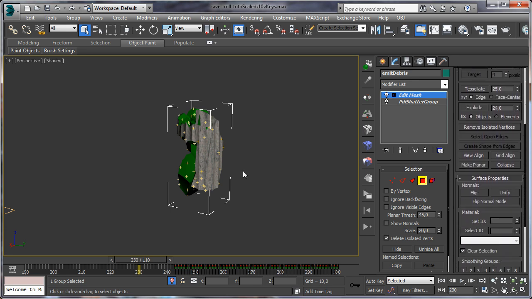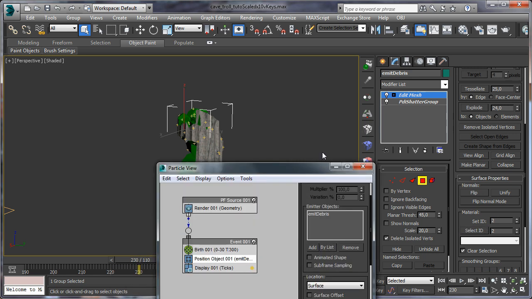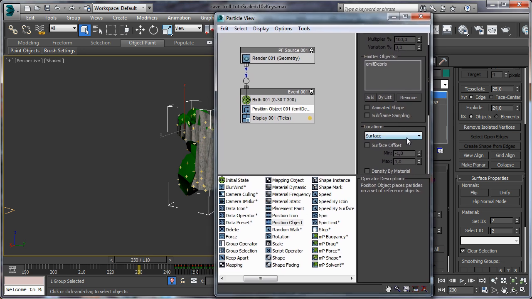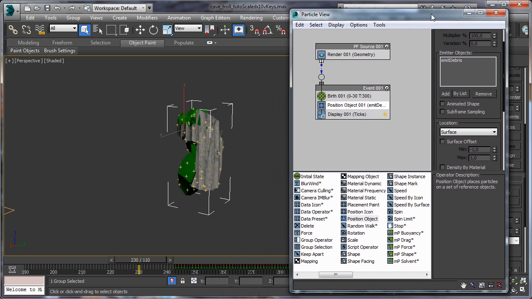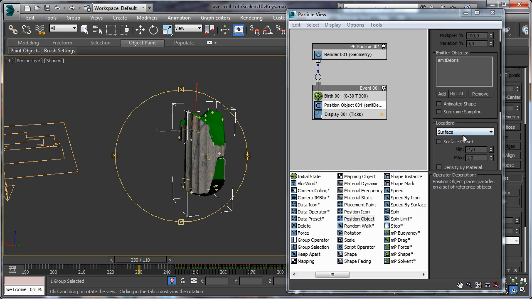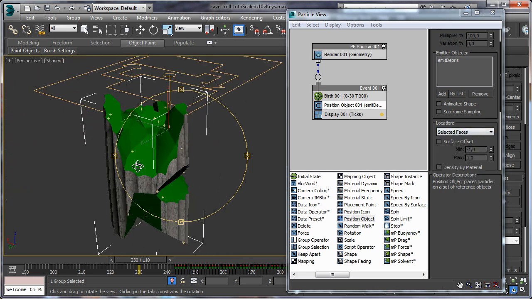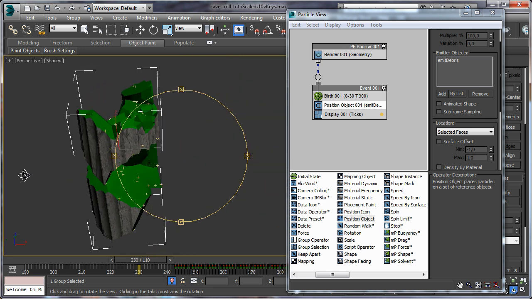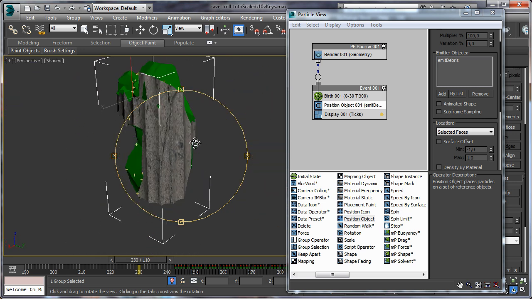So now simply let's go here, set face view, select any of the faces with the green material, and here in material, when selecting any of the faces, the ID of the material is displayed, and we can select all faces with this material applied. So now here in the particle flow, select emission from faces. Okay, click on select location selected faces, and here we are: only our inner faces with the green material applied are